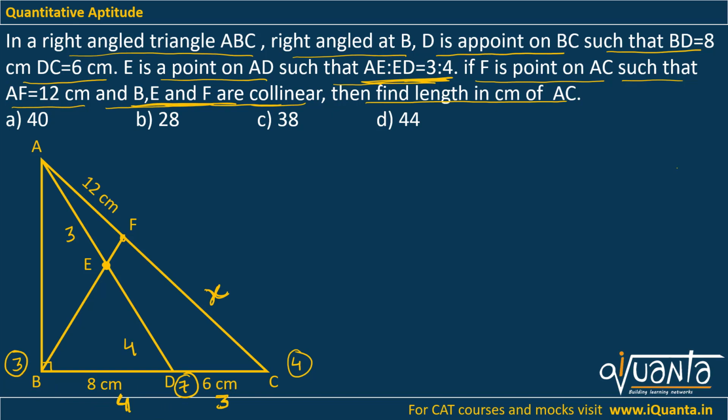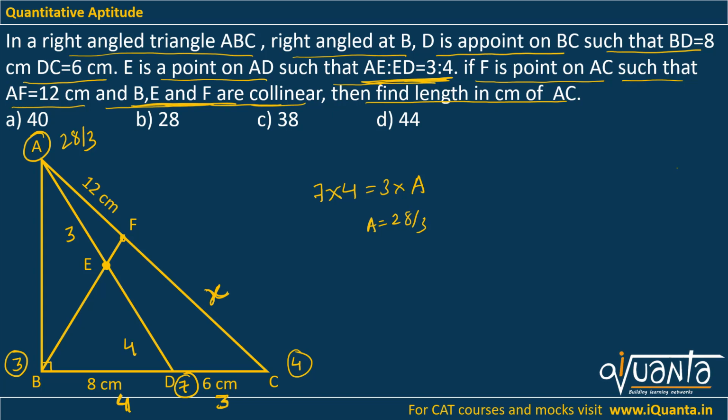Now if I look into this line AD, I have the weight at D and this length of ED equals 4. So 4 into 7 means 28. Hence this 3 into the weight at A should also give me 28. So what weight should be put over here? The weight at D, 7, into this length 4 should be equal to this length 3 into the weight at A. So A will be equal to 28 by 3. That means I should put a weight of 28 by 3 over here. So that's it. I have balanced my diagram.